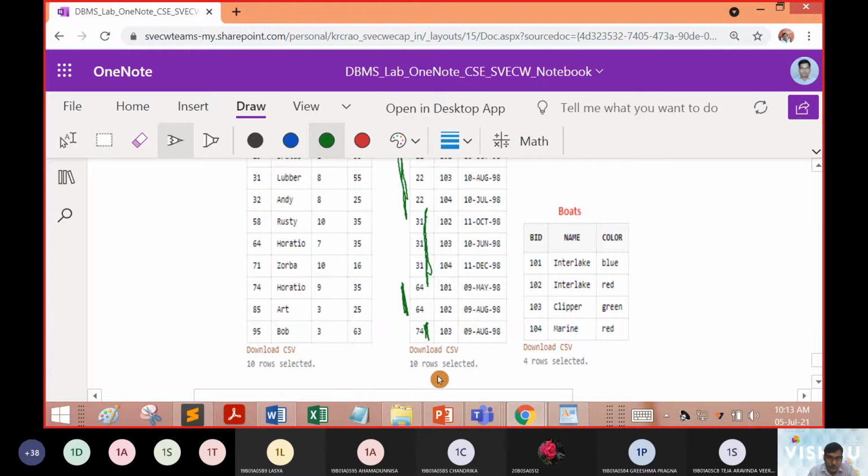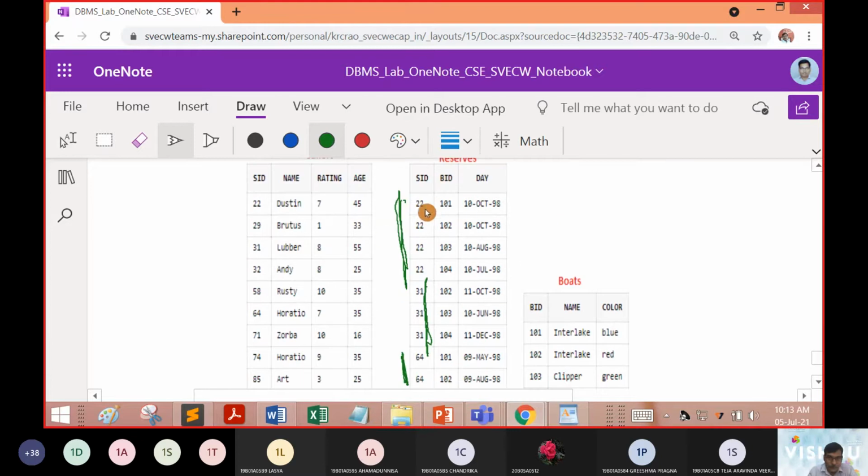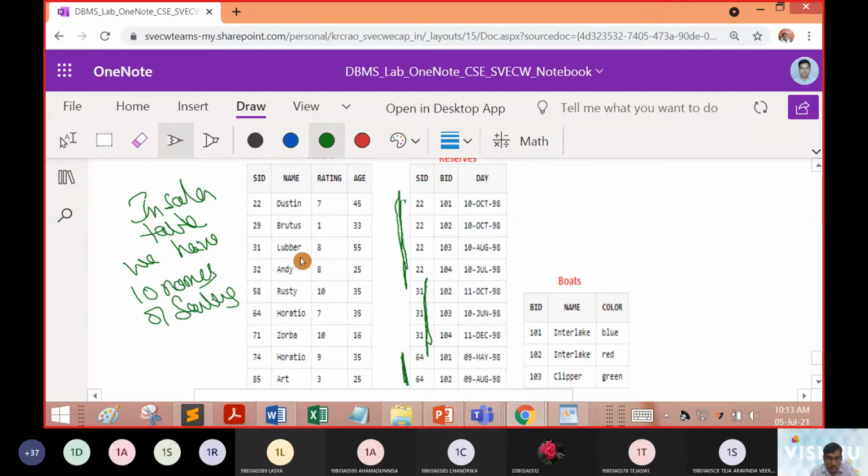Okay. So what was the analysis? In the Sailors table, we have 10 names of sailors, isn't it? Dustin, Brutus, Lubber, Andy, Rusty, Horatio, Zorba, Horatio and Art. There are 10 people. Did all the 10 people ride?